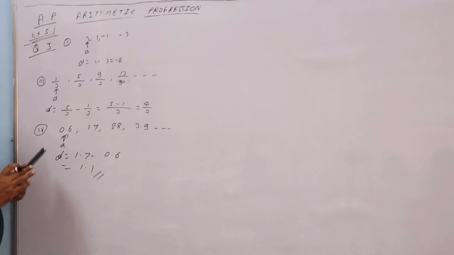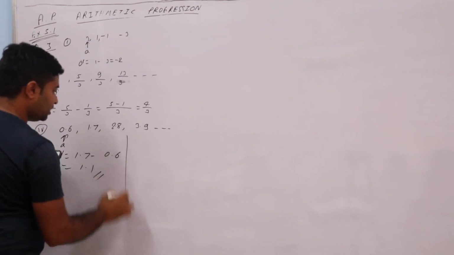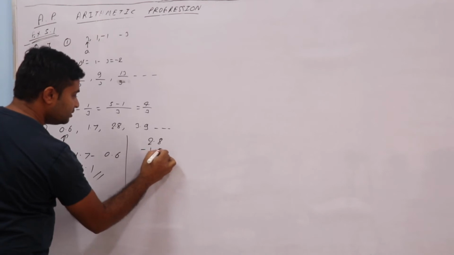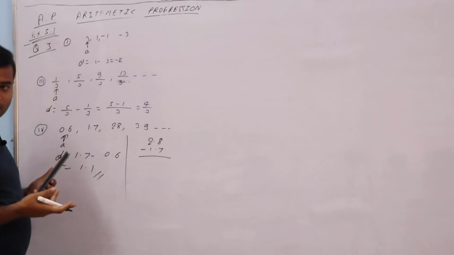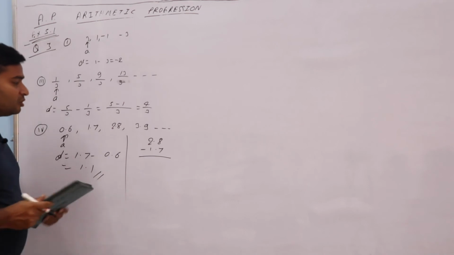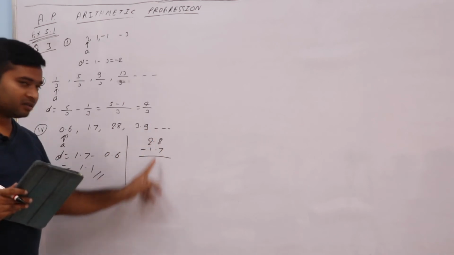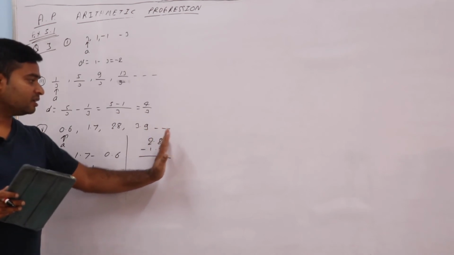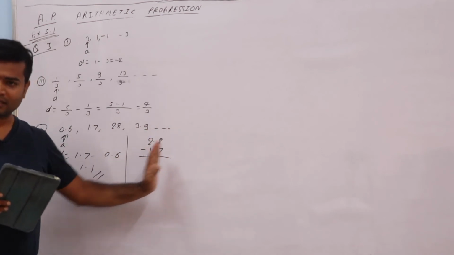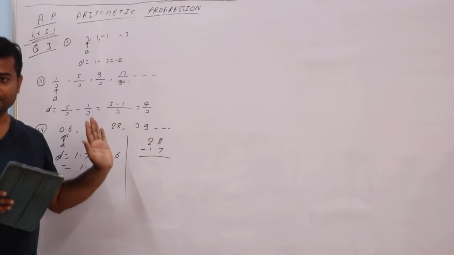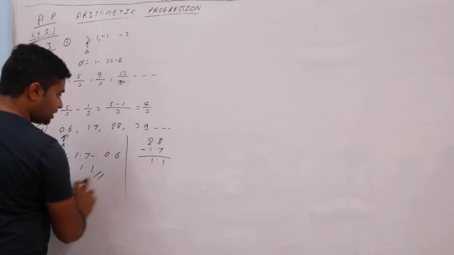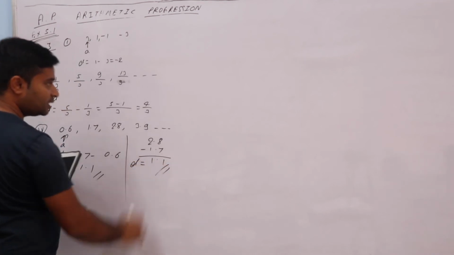Subtraction of decimals, do you know or not? Do you know, sir? Look, if you don't know, I will show it with the next term, like 2.8 minus 1.7. This one we should do. For addition or subtraction, the decimal should be in front. If there are 3 digits after the decimal, write 3 digits; if 2 digits after the decimal, write this side. But the decimal should be in front. 8 minus 7 is 1 and here 1. So here also same. See? Yes or no?